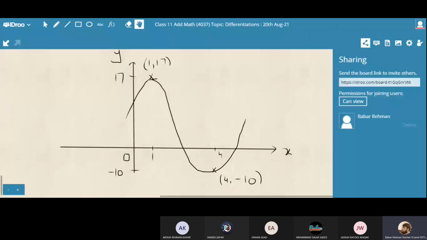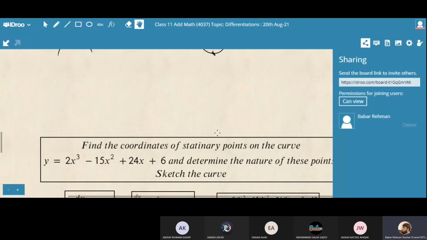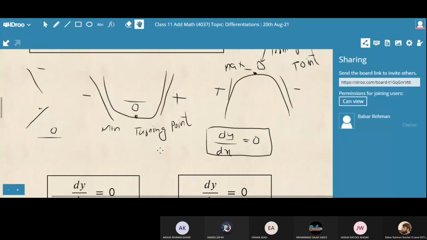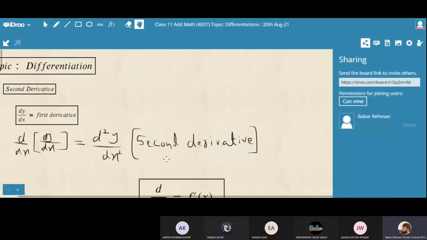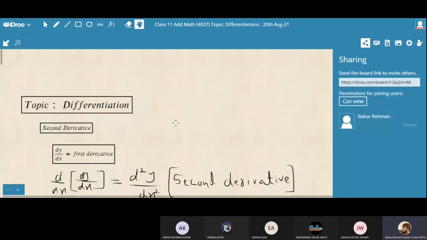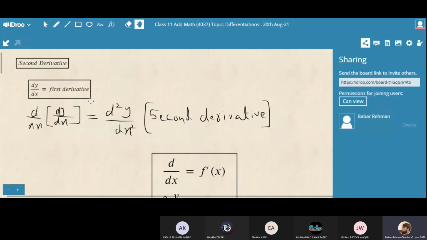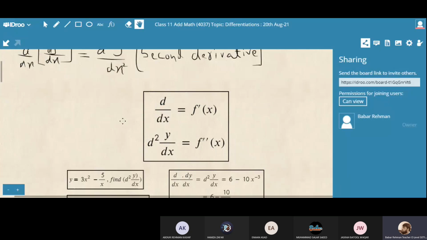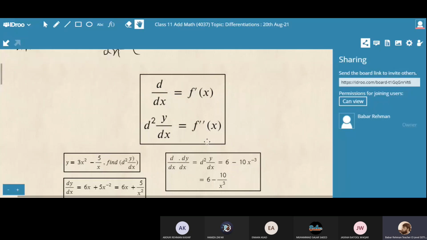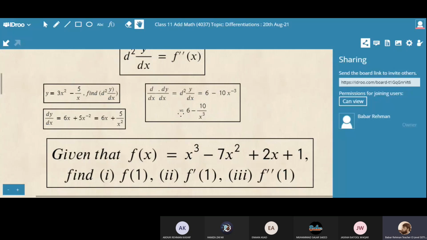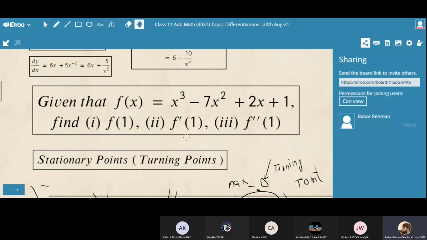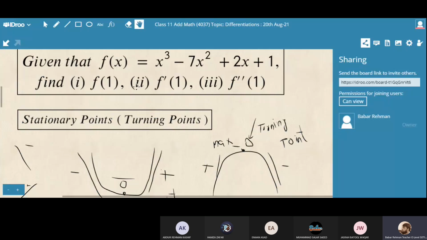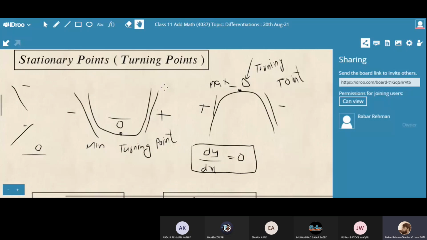Now, in one question, I have taught you the maximum concept of the learning point. Again, I can repeat. I started my lesson today with: what is differentiation? What is the second derivative? The derivative of the first derivative is the second derivative. We can also write f prime, f double prime for the second derivative. And now you know how to find the double derivative. Now we have studied what a stationary point is.